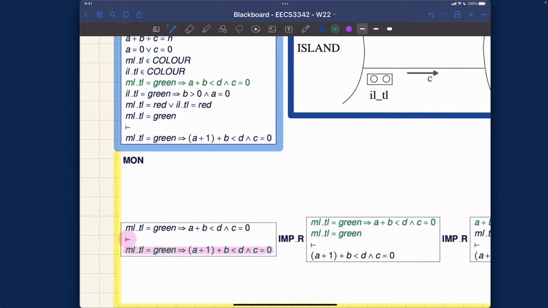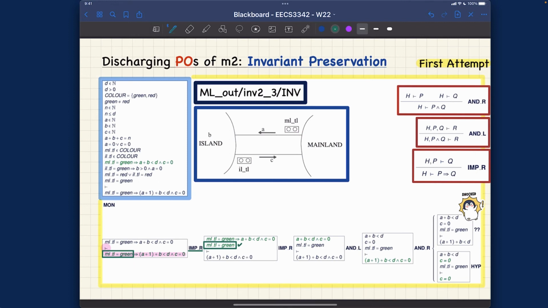Okay, let me just show you. This part over here is going to be moved to the left of the turnstile, or to the top of the turnstile. So it's now becoming the hypothesis. That's what we have by applying imp R. That's the only thing I would like to highlight to you, and the rest will be quite